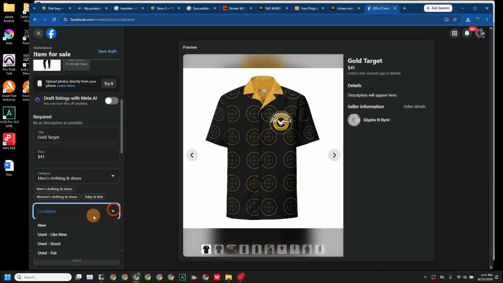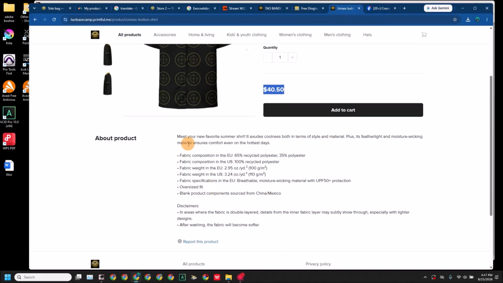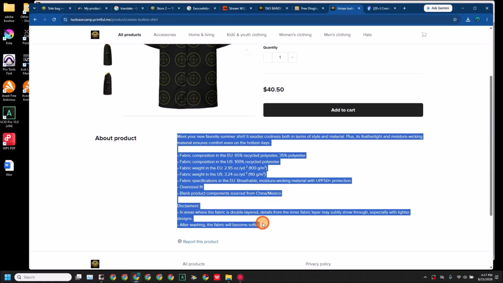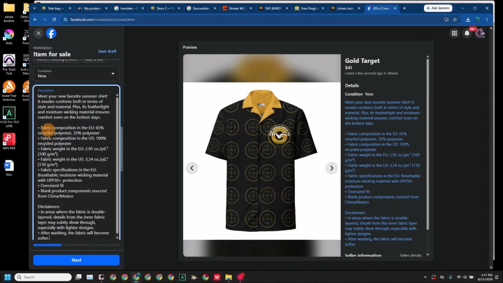There we go. Condition is new because it's print on demand. Description. You just go back to the actual page and then you just copy the whole description. Control C. Right? And then you paste that in there. Boom. Now, at the top of the description, what I will do is, in here, this Facebook Marketplace, I'll put